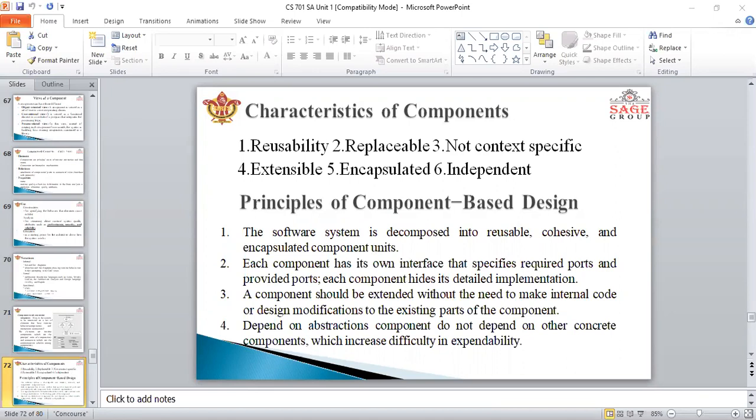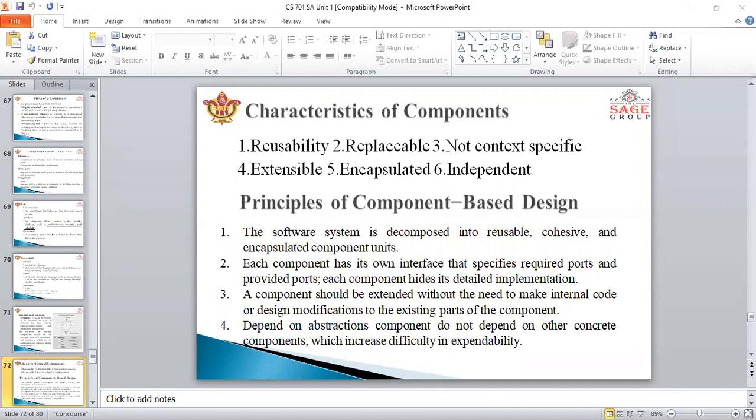First one is reusability. Reusability means components are usually designed to be reused in different situations, in a different application. However, sometimes components may be designed for a specific task. And replaceable, that means a component may be freely substituted with another similar component, right?